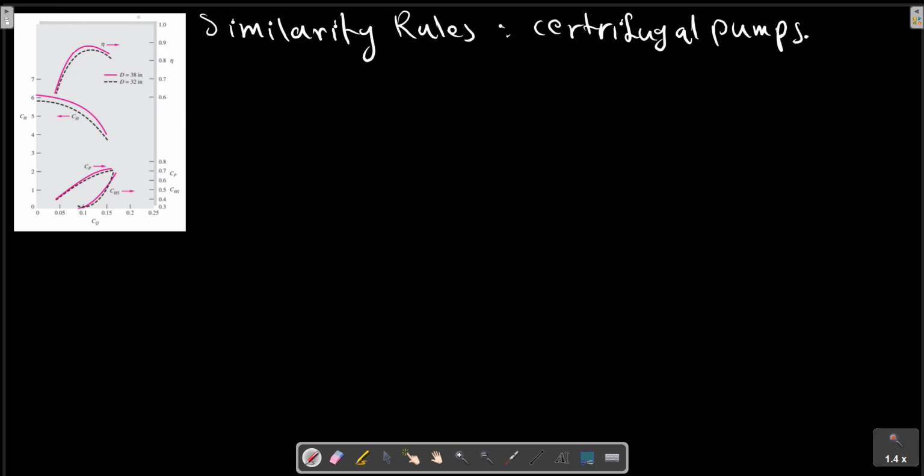For pump 1 and pump 2 from the same geometry family,